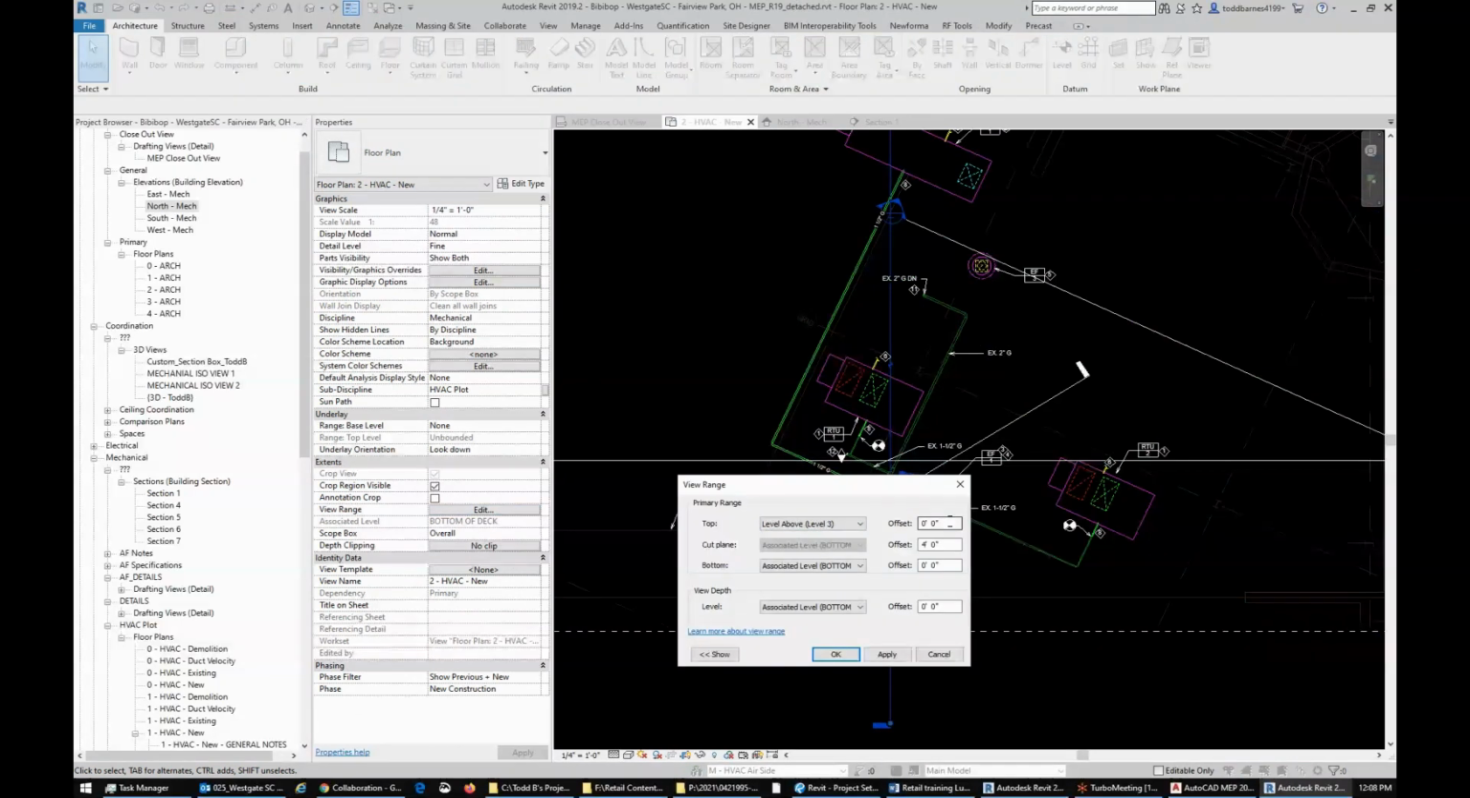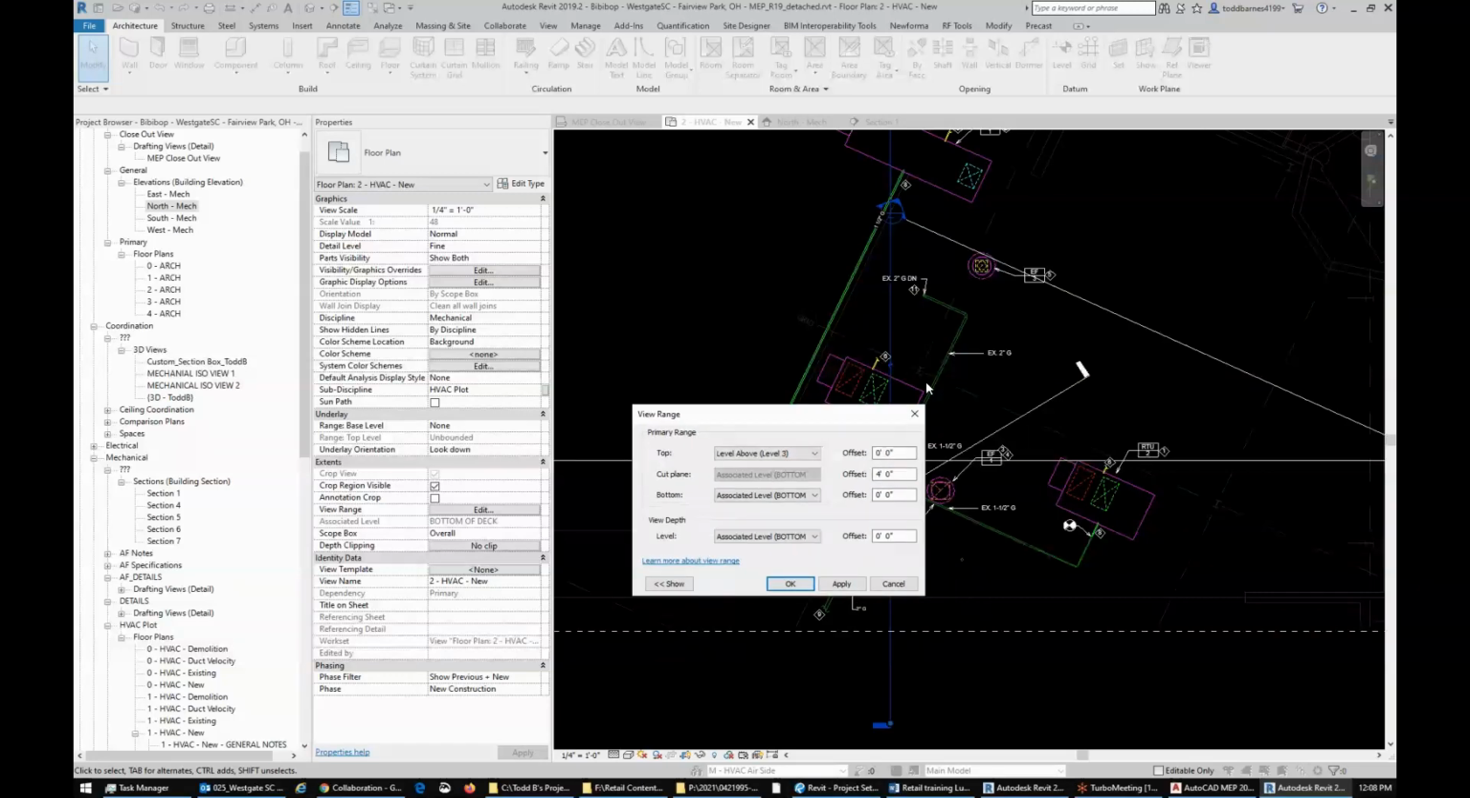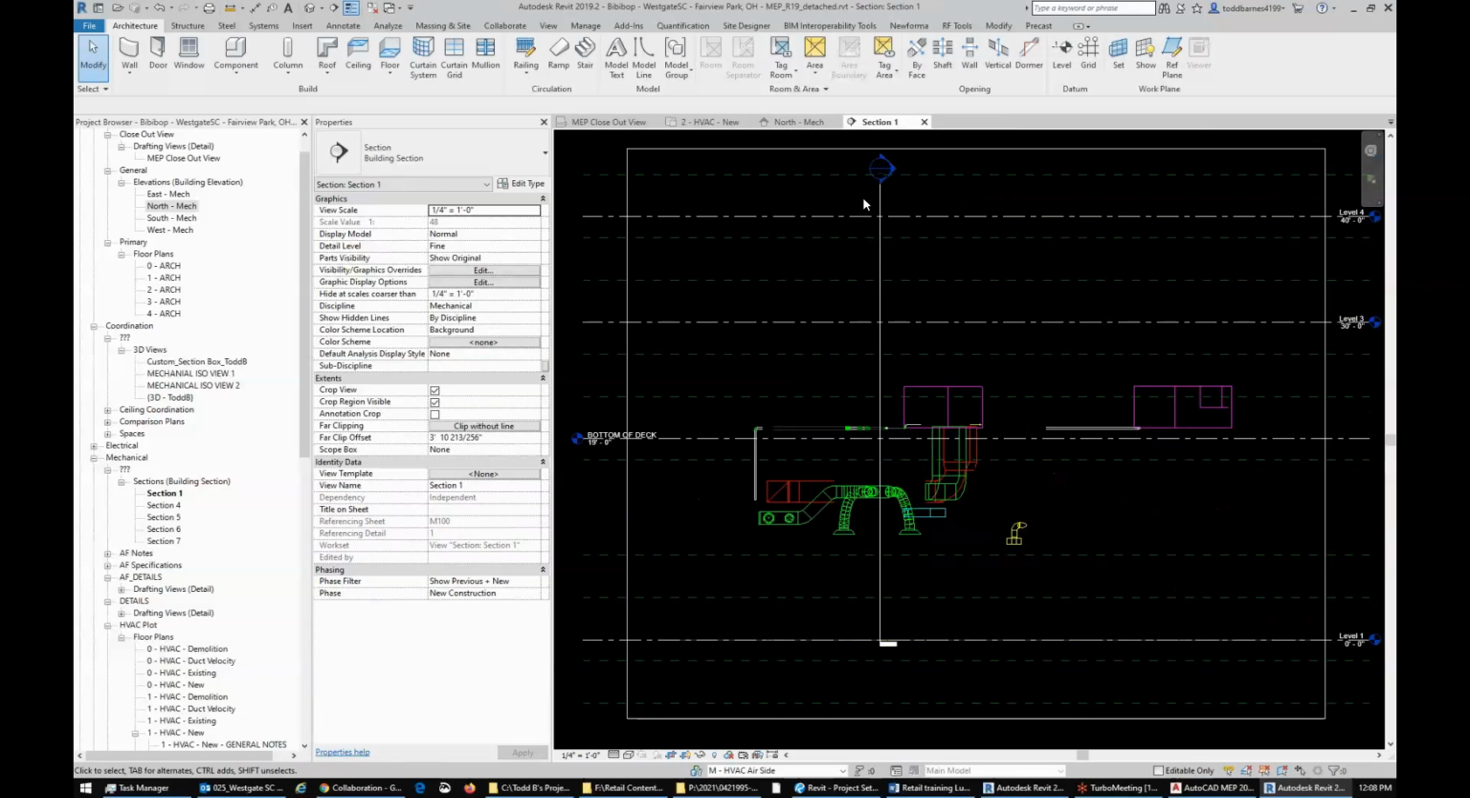The top is the level above, which is level 3. The bottom is at 4 feet. So it's going to be cutting 4 feet above the bottom of the deck. And then the bottom of the range is going to be at the roof deck. So as those ducts penetrate, the duct here, it's also showing that,